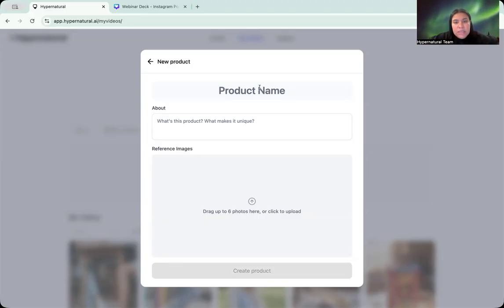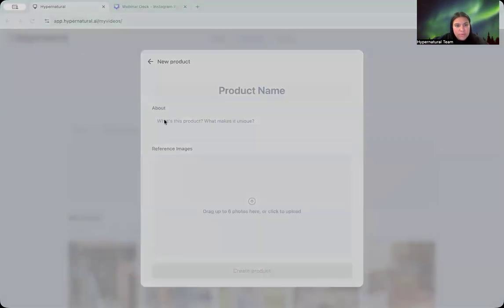So for products, we do not have create from prompt. The reason for that again is that if you are trying to sell a product, you likely want to use pictures of your exact product and not prompt some sort of random product. So I will be using